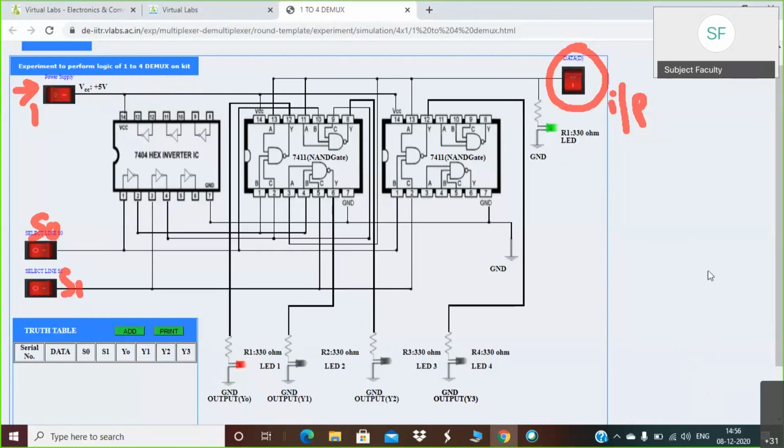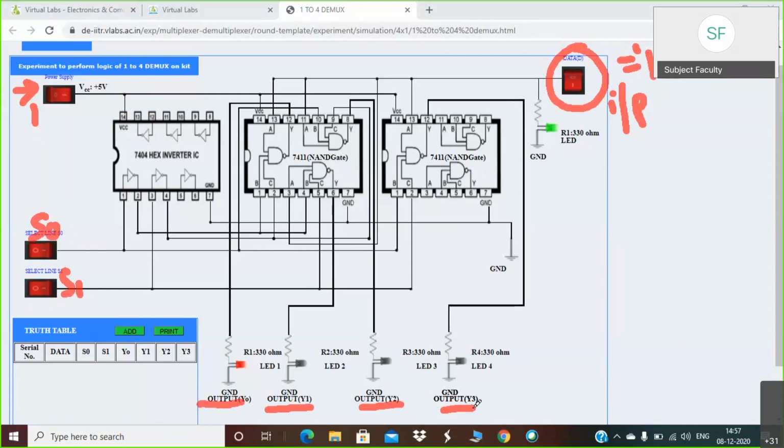That means our input is currently equal to logic 1. By default, select lines S0 and S1 are 0, 0. You can observe these 4 are the outputs, Y0, Y1, Y2 and Y3.